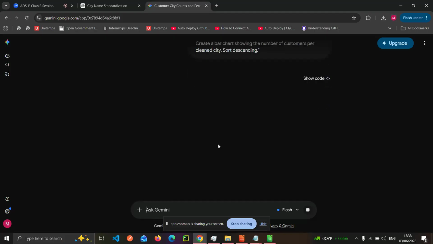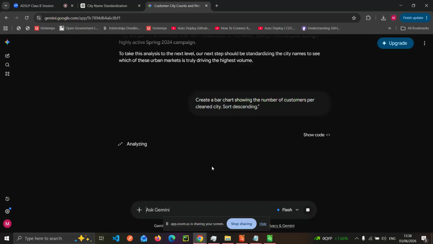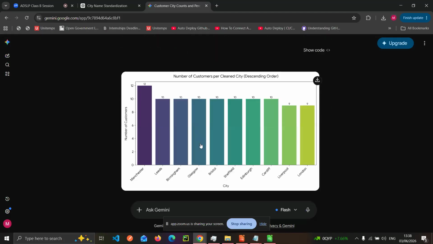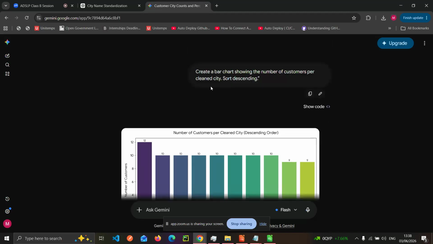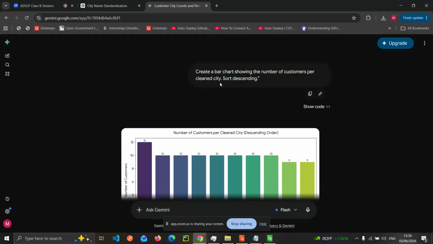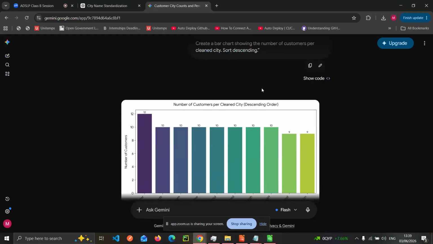I think it's generated code or something. Okay, analyzing. So as you can see here, this is a bar chart generated based on our prompt showing the number of customers per clean city sorted in descending order.